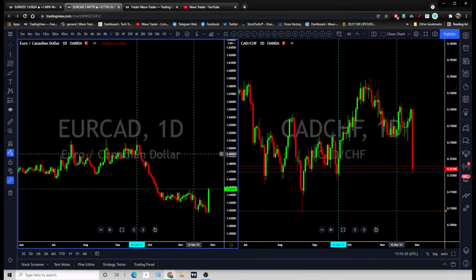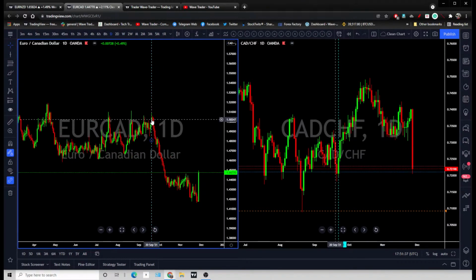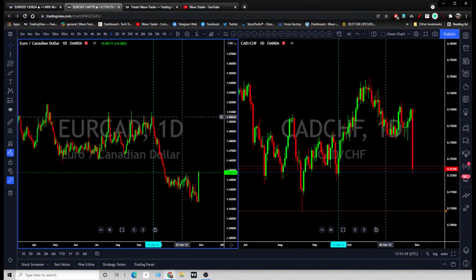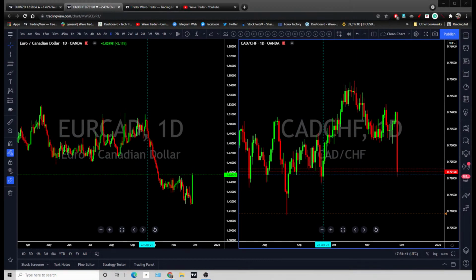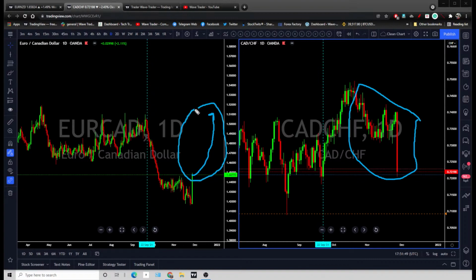So let's go to the daily time frame. There is the 2nd of August. Okay, this is the potential you are looking for. All right, so this move, as I mean,